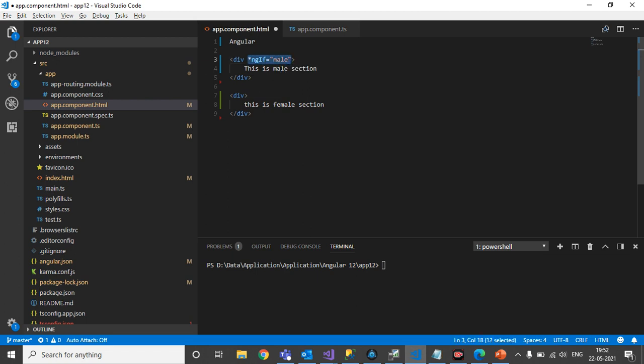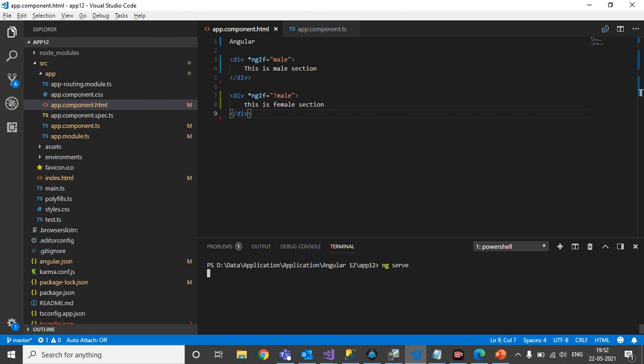In the case of true, this section will be visible, and in the case of false, we add the negate sign and save it. So in case of false, the female section will be visible, and in case of true, the male section will be visible. So let's run the application using ng serve and press enter.